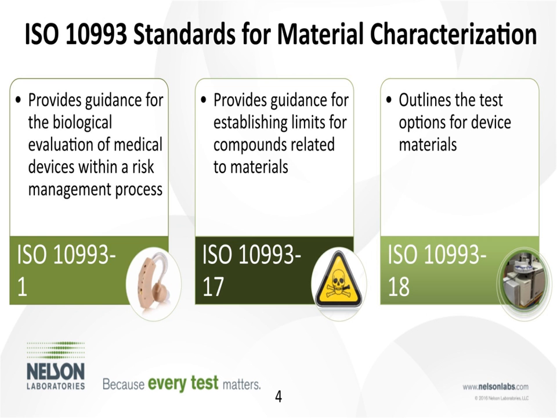So the standards that are referenced when doing a material characterization are the ISO 10993 series. -1 is what Thor went over yesterday in more detail, and it really allows you to do a biological evaluation for a medical device within a risk management process. -17 can be used for material characterization when you have a known chemical, say a colorant is being added to